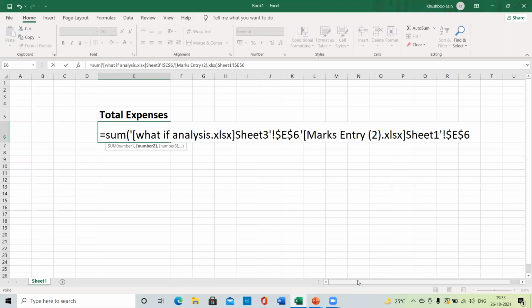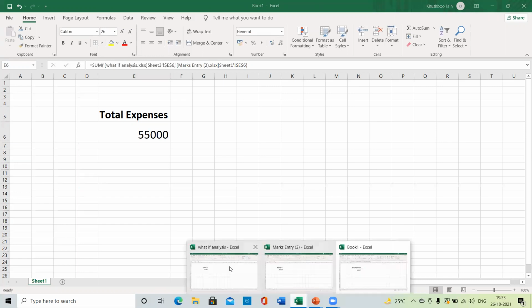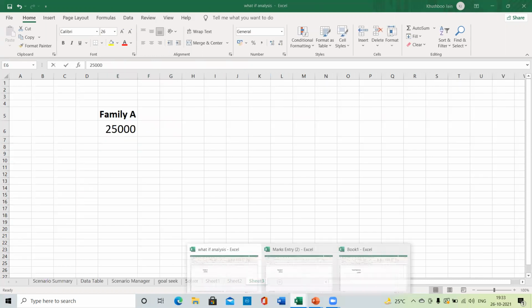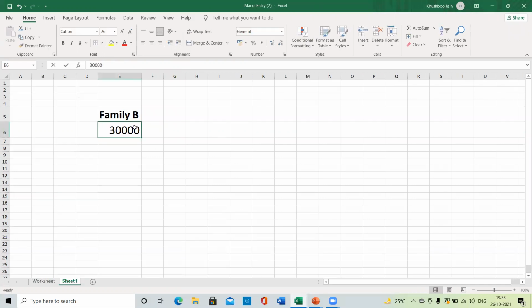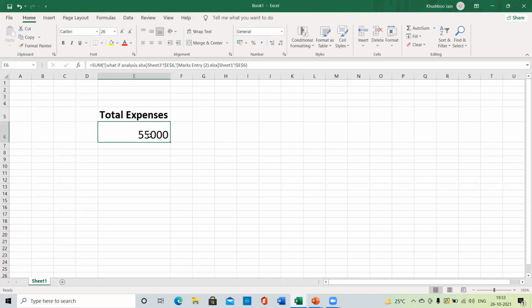And now I have taken all the workbooks. Now close this. So here I am getting the total expenses. So family A 25,000, family B 30,000, and the total is 55,000. So in this way, I can link different workbooks also.